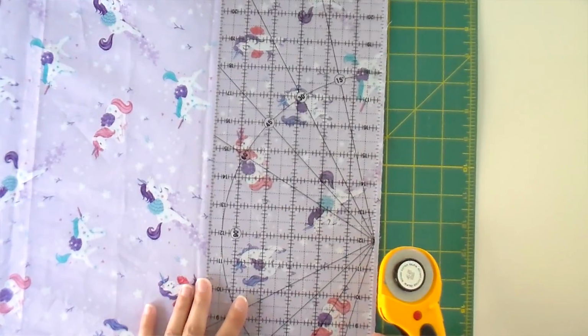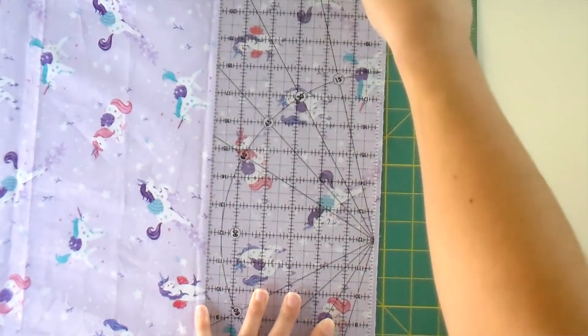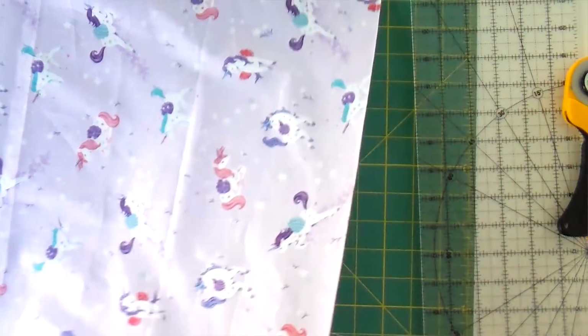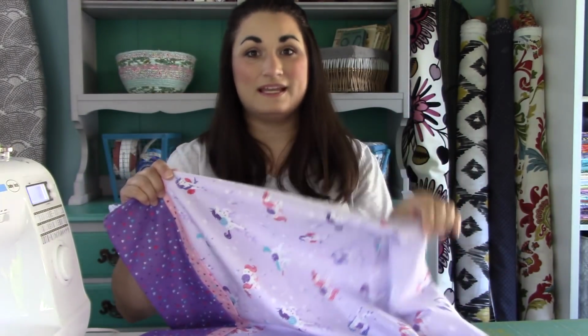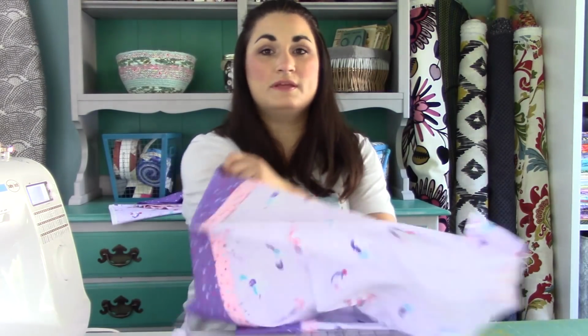All right, so what we want to do is trim this down to about a 1/8 inch seam. So really, I just want to cut off just a little sliver of fabric on the outside. That way when we flip this around to finish the French seam, we don't have any raw edges poking through. Now I know this looks weird to have the seam on the outside, but it's about to make a whole lot more sense. What you want to do is turn the pillow inside out